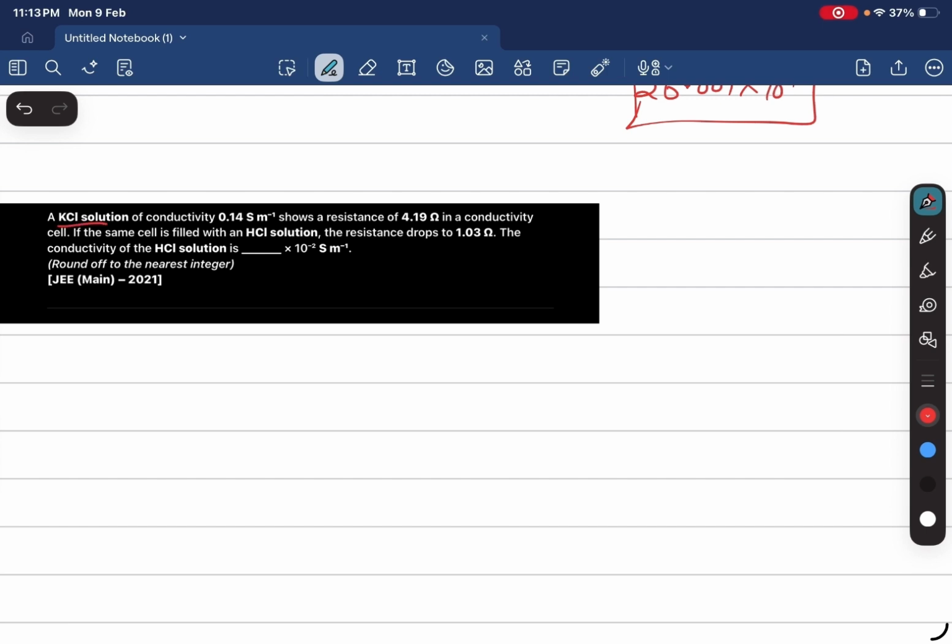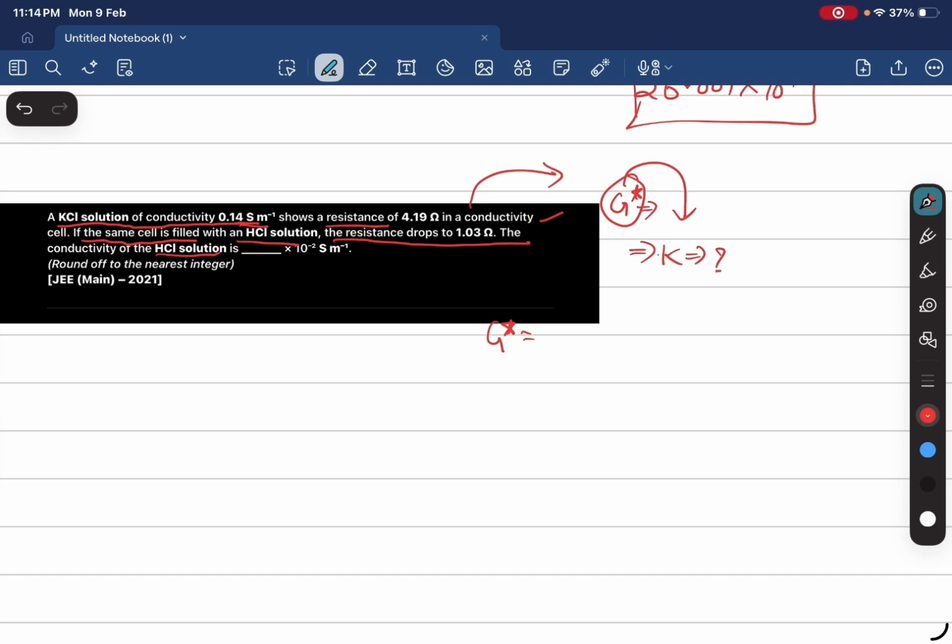Next one, KCl solution conductivity is given, and the resistance is also given in a conductivity cell. If it is the same cell, G star mainly depends on the cell, not on the solution. So for HCl solution, the resistance drops to 1.03 ohm, and they ask the conductivity of HCl solution. So here what we have to do is, first we should calculate G star from the first cell, and substitute that in the second cell to find the kappa value. Hope it is clear. Because there are two cells, first you need to calculate G star from the first condition of resistance,